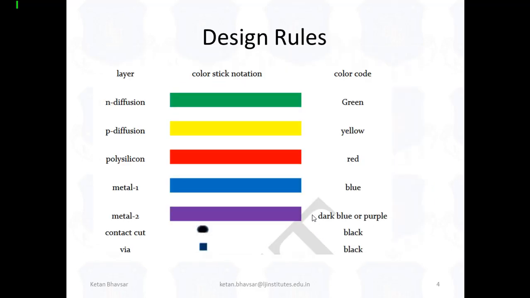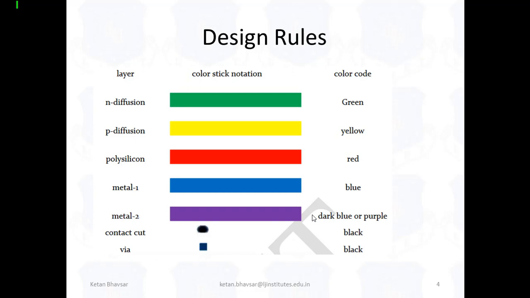Now we're talking about the design rules. In semester 3 we already discussed stick diagrams, and we already designed a number of stick diagrams with the help of NAND gate and NOR gate. In books we generally design with the help of a pen, and we are not using the color codes. But in a practical scenario, when we have a very large system with different types of design topologies, you have to go with the color code.